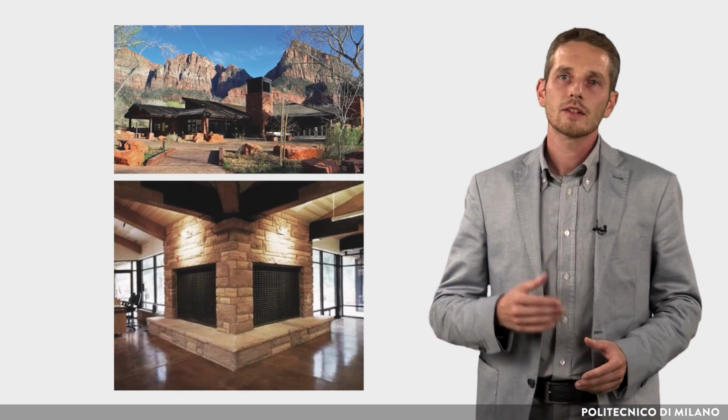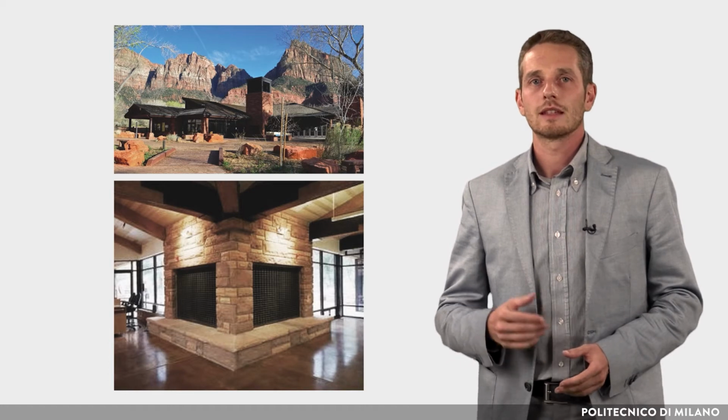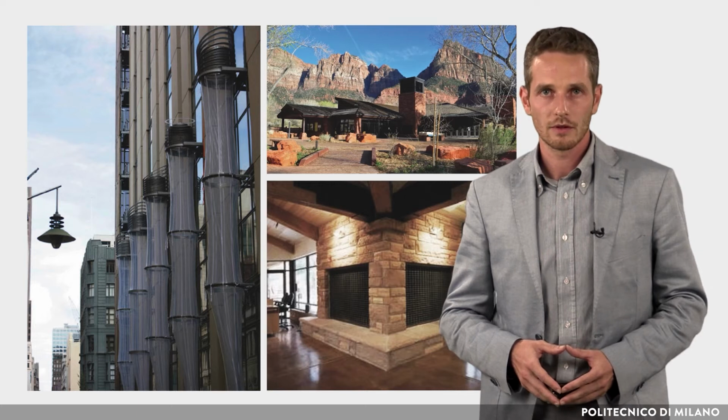If there is wind and the inlet is properly designed, the cooling tower also acts as a wind catcher and the airflow is enhanced. For optimal operation, the outlet openings should have a total area not less than that of the cross-section of the tower, which in turn should be about half of the total area of the inlet openings. There are several examples of cooling towers in modern buildings, such as the Zion National Park Visitor Center in Utah, USA, and the Council House 2 in Melbourne.